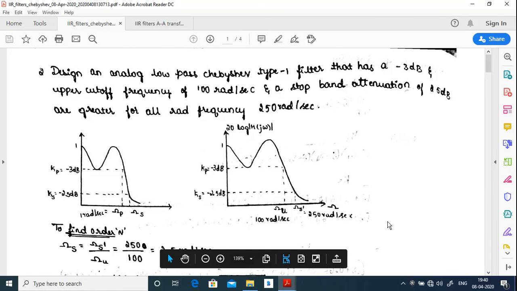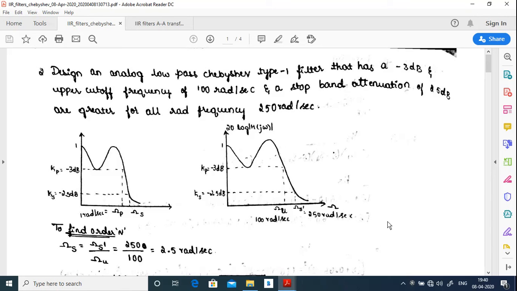Very good morning. Today we're going to see a problem on Chebyshev type 1 filter. The problem is like this: design an analog low pass filter, that too with the help of Chebyshev type 1 technique, that has -3 dB and upper cutoff frequency of 100 radians per second and a stop band attenuation of 25 dB